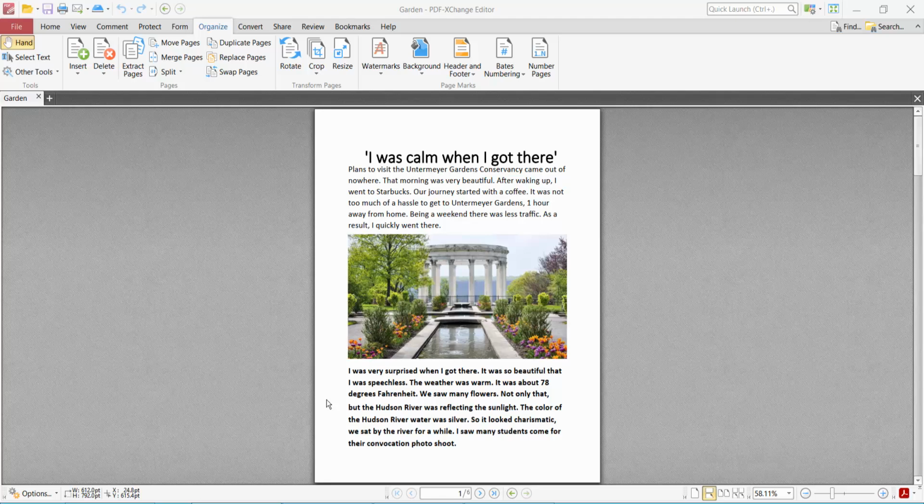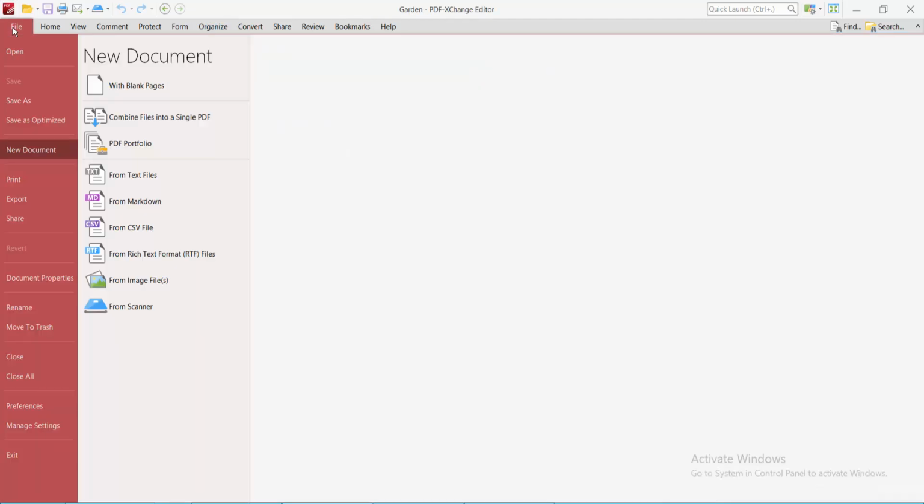Hello everyone, today I will show you how to make a blank page in PDF XChange Editor. Open your PDF XChange Editor. Now click this file option and here you will find this with blank pages. Click here